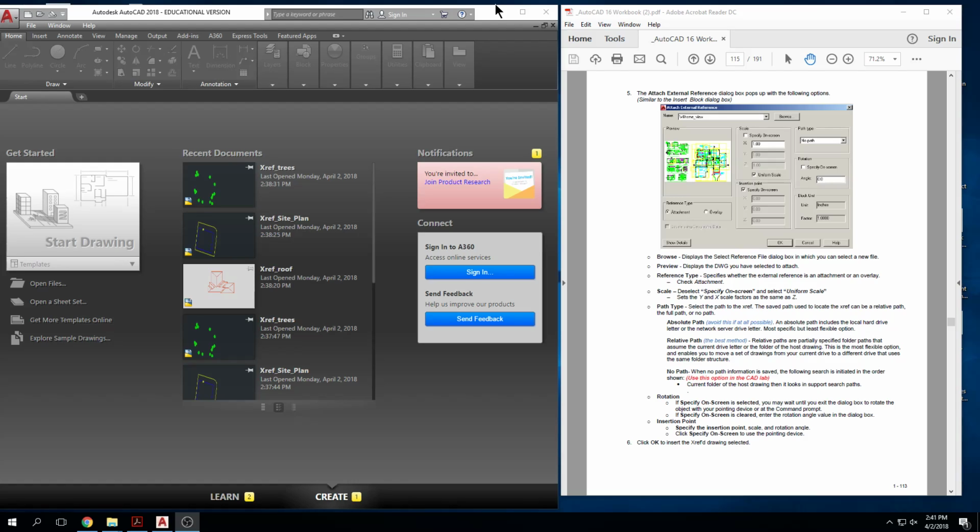So I want to talk about the idea behind what we're going to call a base file, or the xref, and I'll use the term xref. It's just an abbreviation for external reference, okay? So xref, and I want to talk about the idea of a sheet file, okay? And we'll just do a little graphic here of